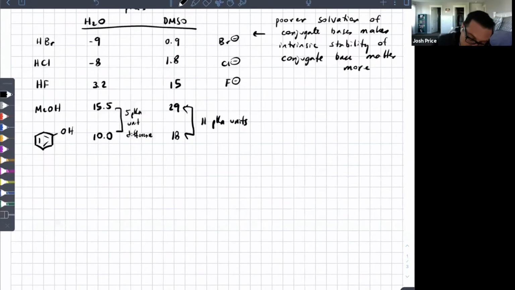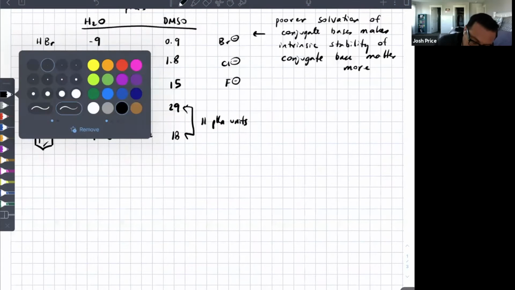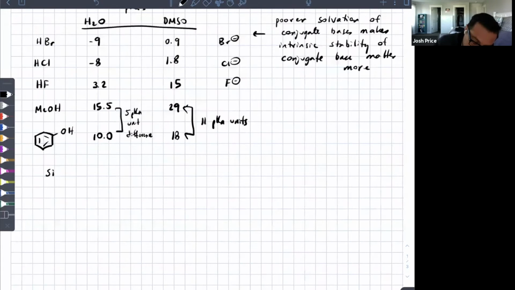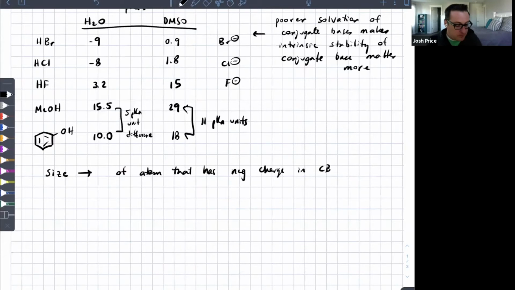So there are two general ways that size can affect acidity. First, we're talking about size of the atom that has the negative charge in the conjugate base. So without looking at specific pKa's,